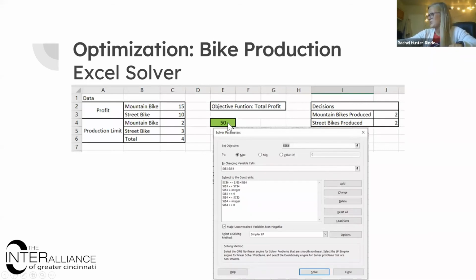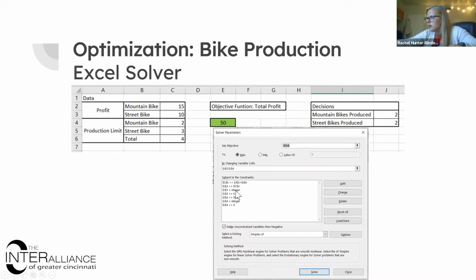actually this was not left blank. Cell E4, you put your formula in for your objective function. So actually E4 is equal to this cell times that profit plus this cell times that profit. So you go into Excel Solver, you say, this cell right here is my objective function, and I want you to change these cells to maximize what ends up coming from that formula in this cell. And then we can see here, these are all the constraints that I've set. They're the same as they were before.